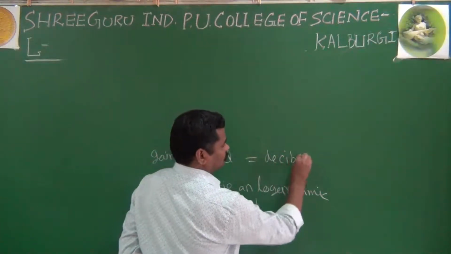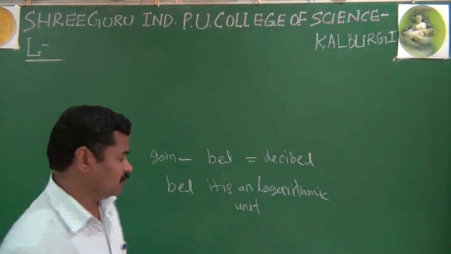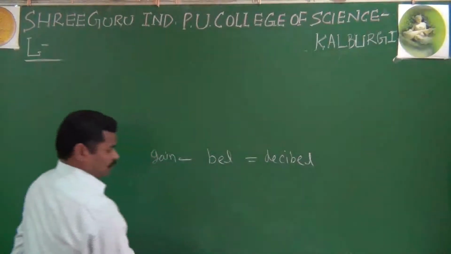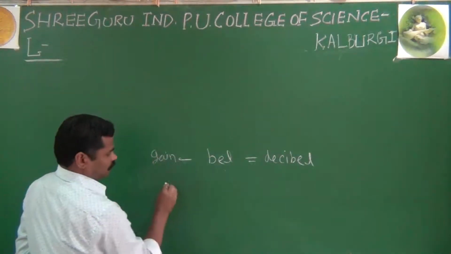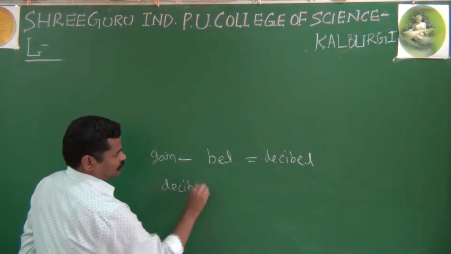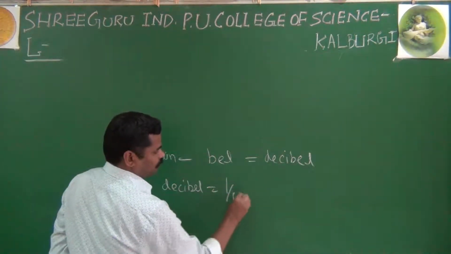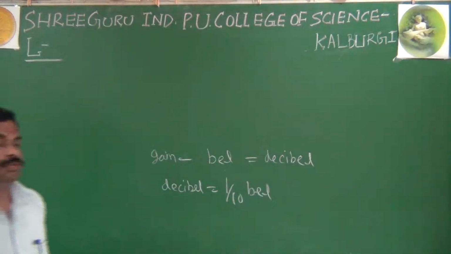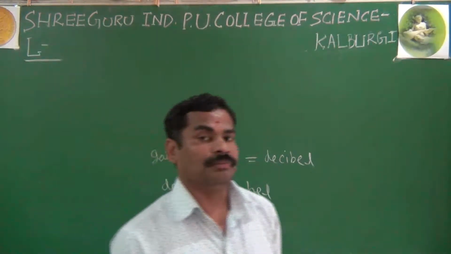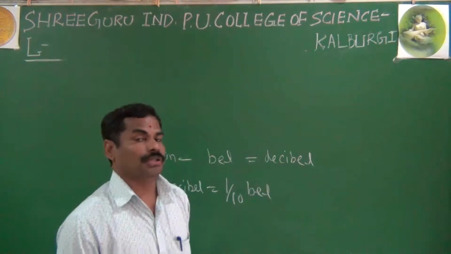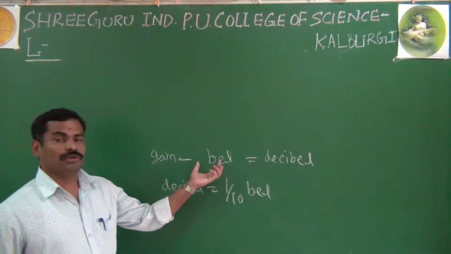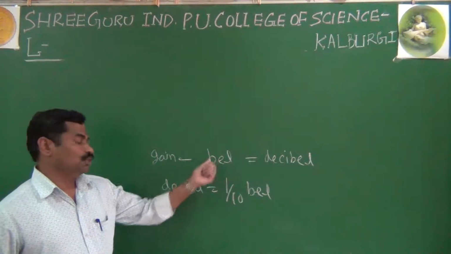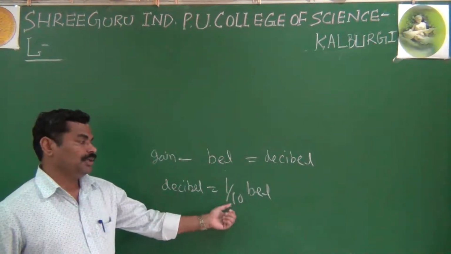What is called decibel? It is a 1/10 fraction of the bel. It means it is not possible in general to give a unit for the gain, but it is possible if you use a logarithmic scale. The bel is the unit for the gain in logarithmic scale, and the bel is a very large unit. That's why you consider the decibel, a fraction of 1/10 of the bel.